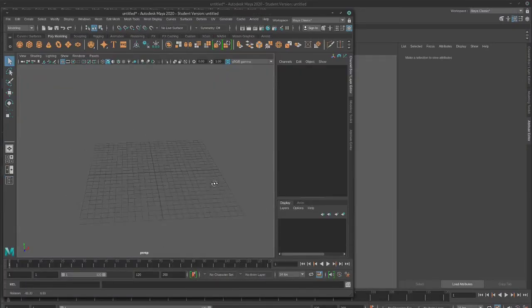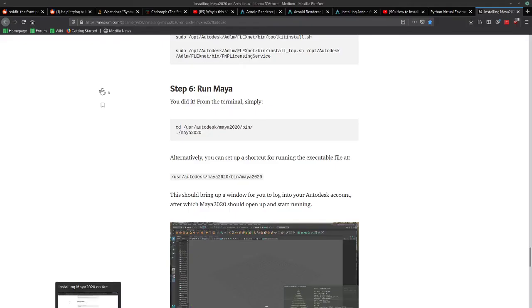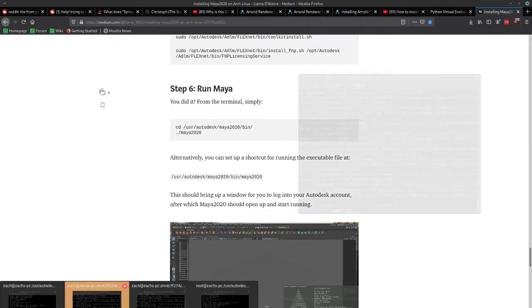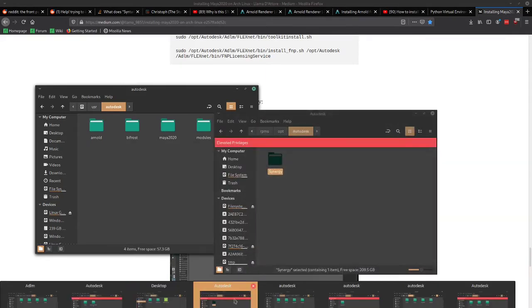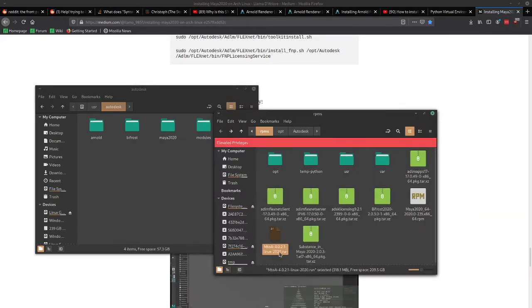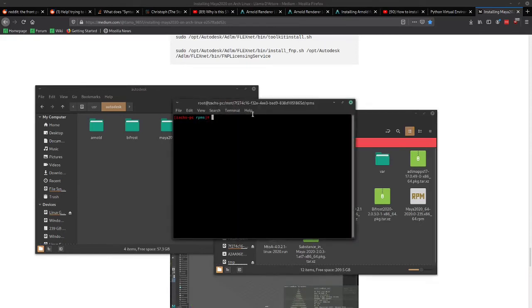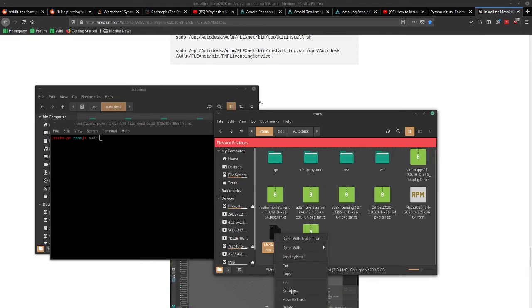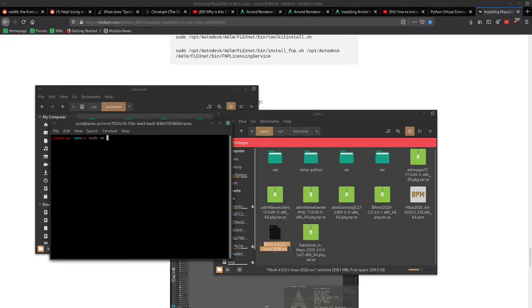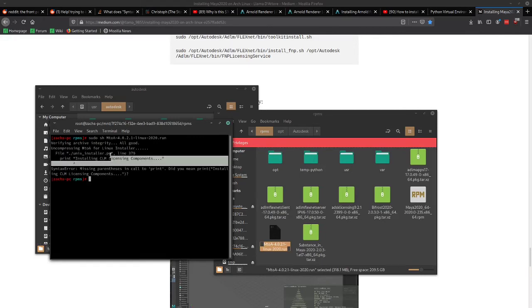Works fine. But let's say you're doing animation and you need the Arnold renderer. So if you just try to run Arnold by default without doing anything, I should be able to actually show you. So you should have MTOA right here. So if you open terminal and try to run that, sudo, copy its name, sh and run it, it's gonna give you an error. So what you need to do before then